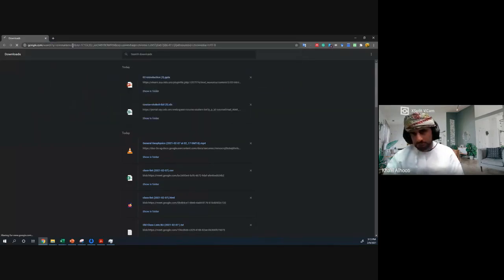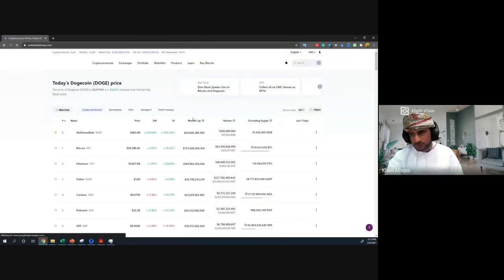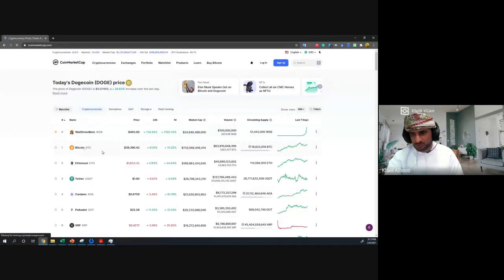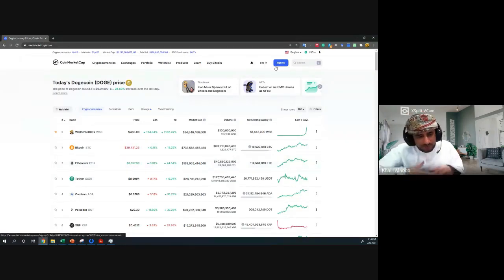Let's look at CoinMarketCap and see how much Bitcoin is. It's almost $40,000. In 2011, one Bitcoin was $1. And nowadays, one Bitcoin is almost $40,000. It keeps increasing. It increased 15% in the last 7 days. Ethereum is mined a lot nowadays. Ethereum used to be $100 or $200. Nowadays, it's $1,600. So people are queuing up in front of companies and factories just to get those